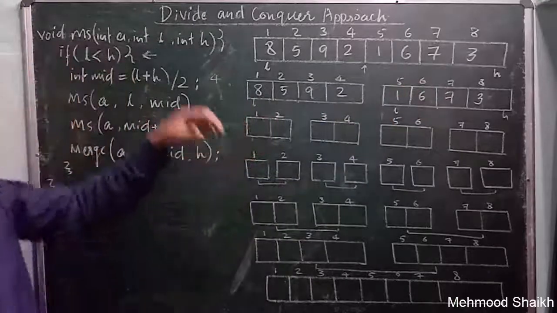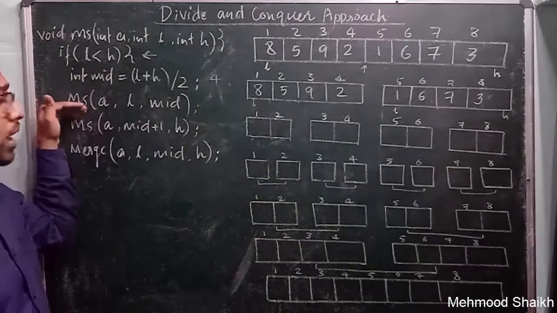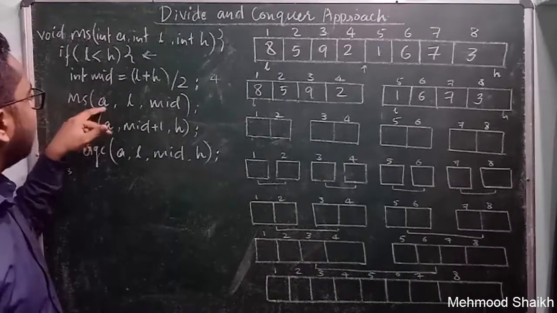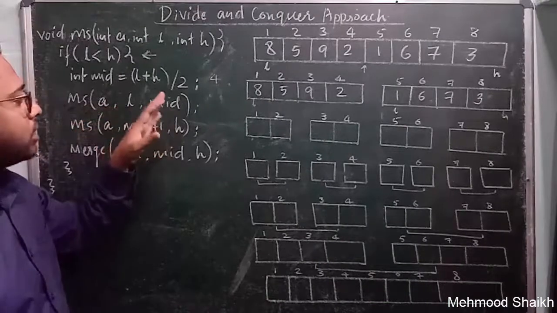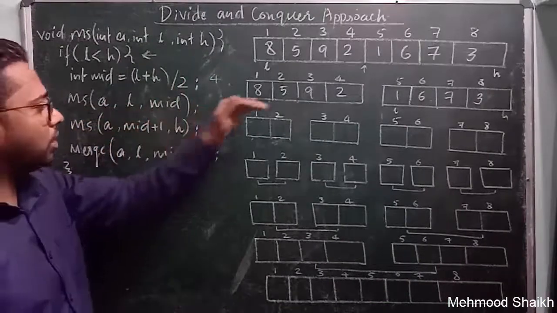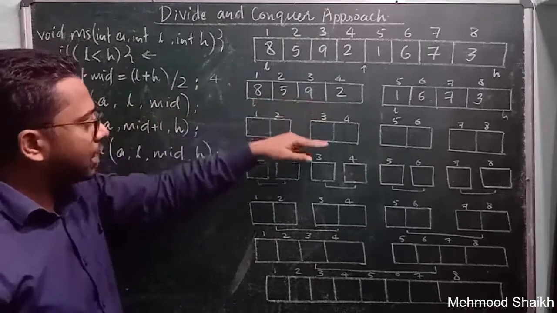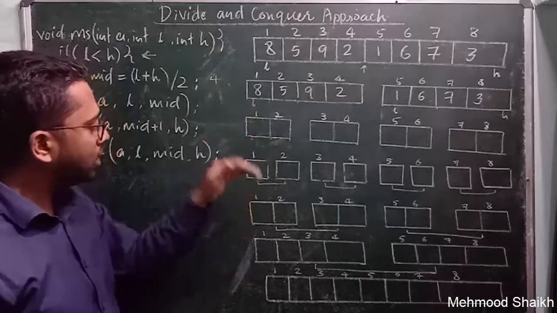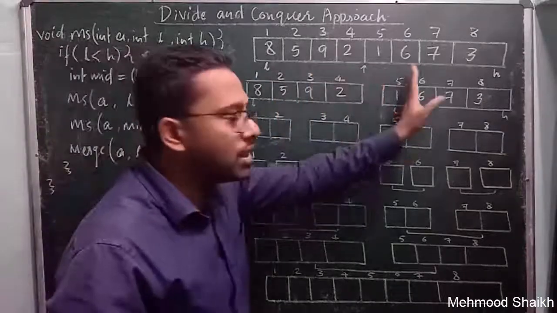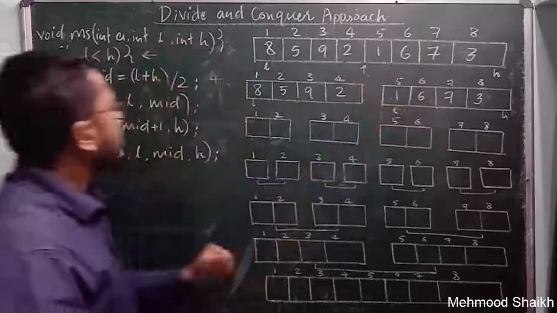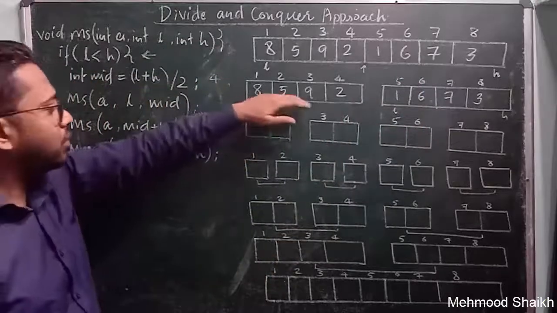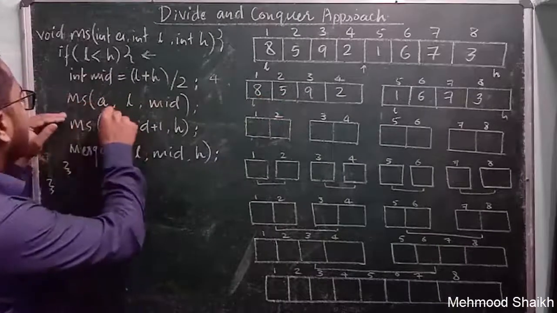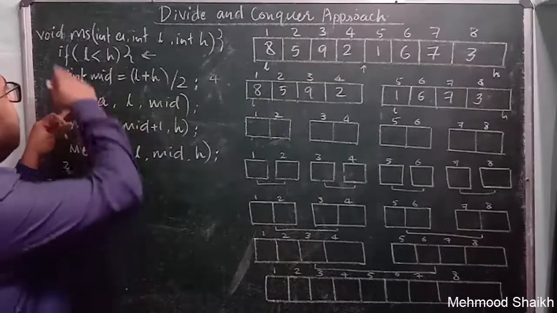So how can I do that? Now I will come to this part, merge sort, where it is calling the same merge sort function on this array with low and mid. So I will apply the same merge sort function on this subproblem, and I will divide subproblem 1 down to the smallest unit of the subproblem, and once I have done that, I will come to subproblem 2. Now for dividing subproblem 1, I will come into this function. Here this function, merge sort, will get called. That means the same function will get called.